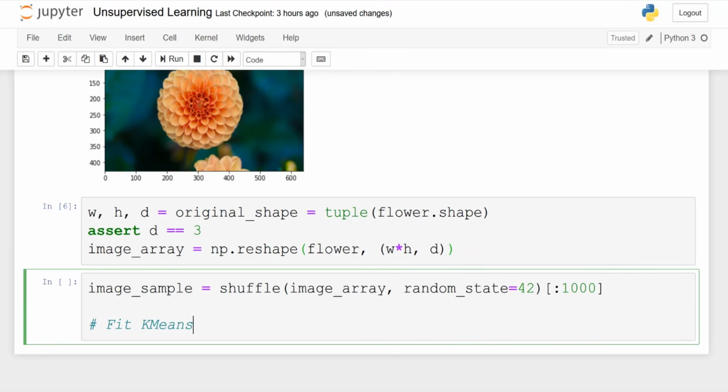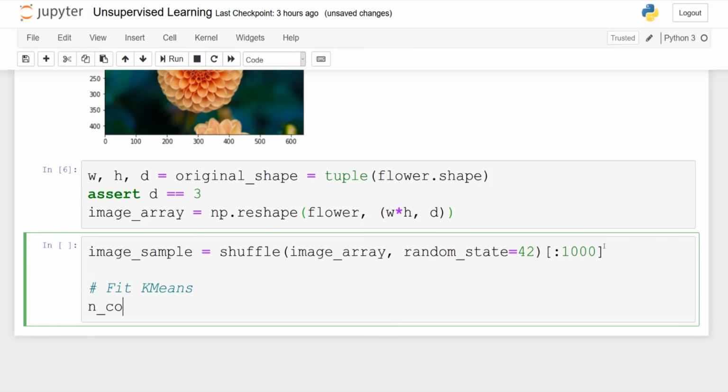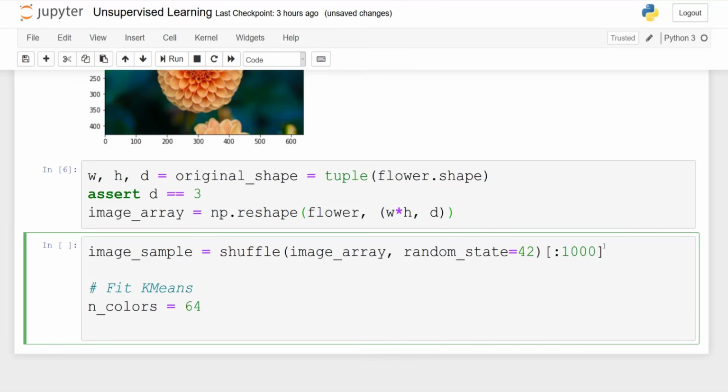Now we will fit the k-means algorithm, and we set here the number of colors. As I said, this will be equal to 64. Then kmeans will be equal to KMeans, so we initialize the model. We pass in the number of clusters, which is the same as the number of colors in this case.